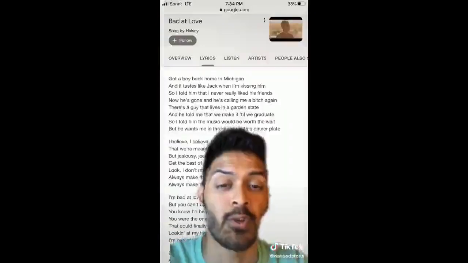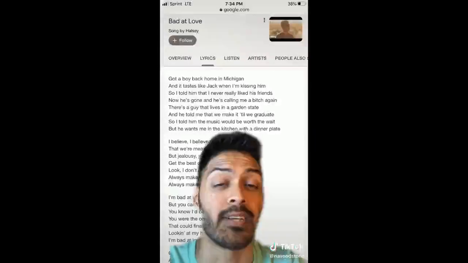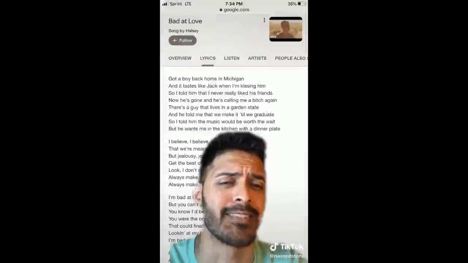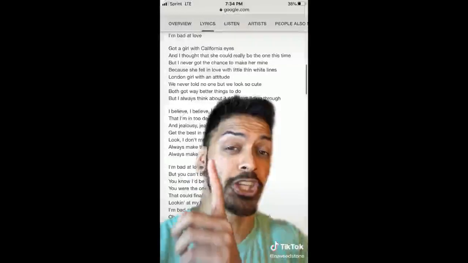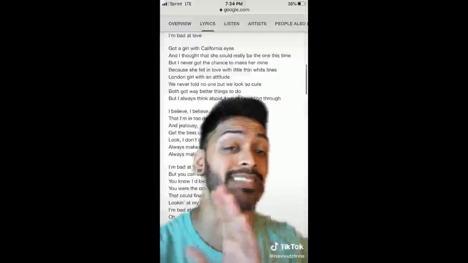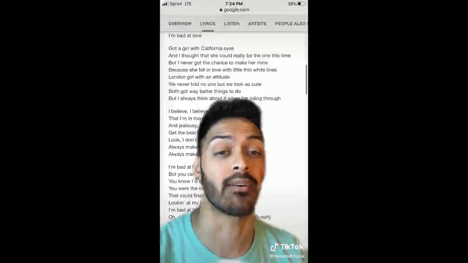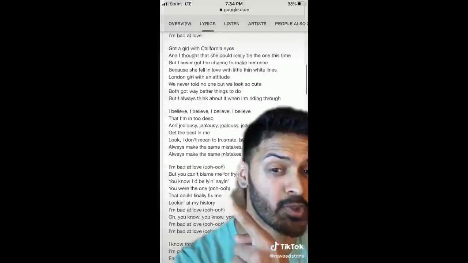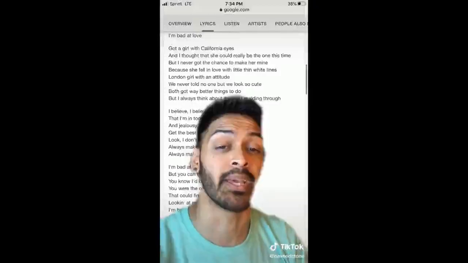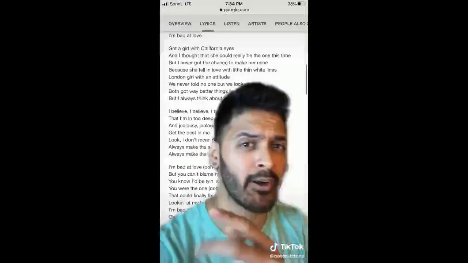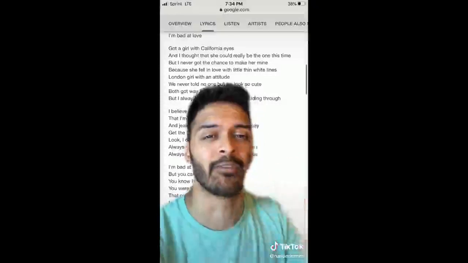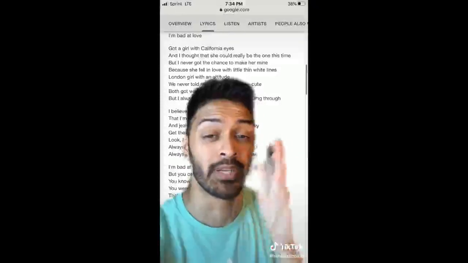Let's take a look. So right away in verse 1, she gives us a lot of details with this failed relationship with a guy who clearly has some misogynistic tendencies about him. In the second verse, though, she contrasts this by giving us the story of a failed relationship with a woman and gives us different reasons why that one didn't work out. What this achieves is that when we hear the first chorus, we have the context of her being in a bad relationship with a man. But when we hear it the second time around, it's like, damn, whether I'm with a man or a woman, I'm bad at love. Like, it further drives the idea home of being bad at